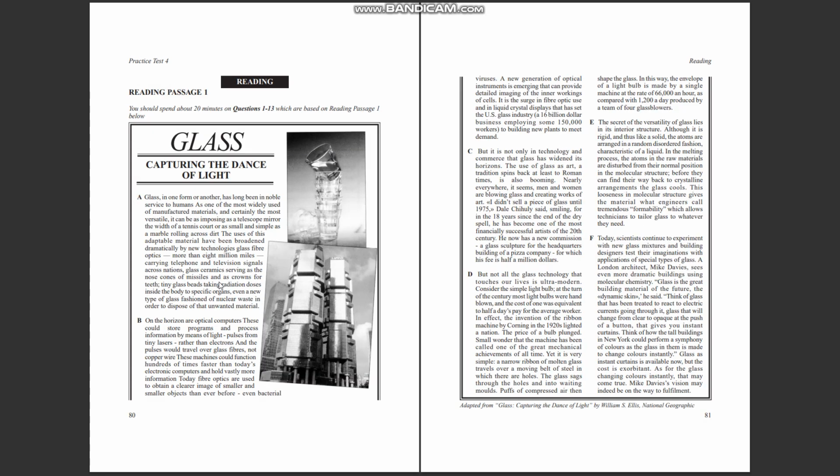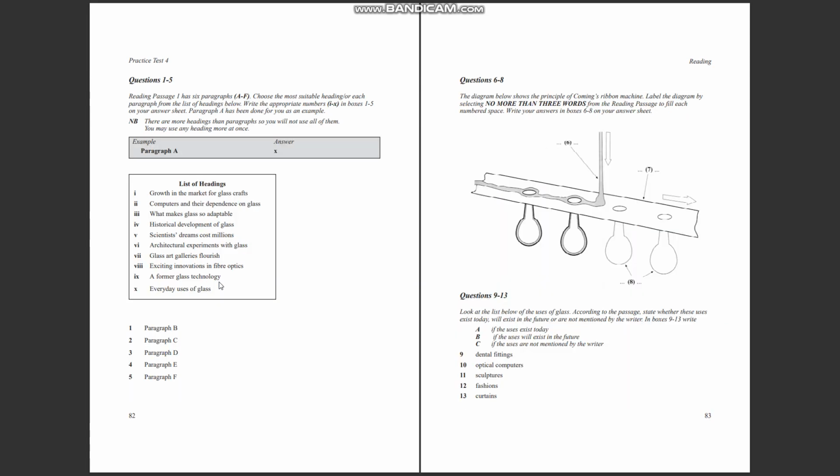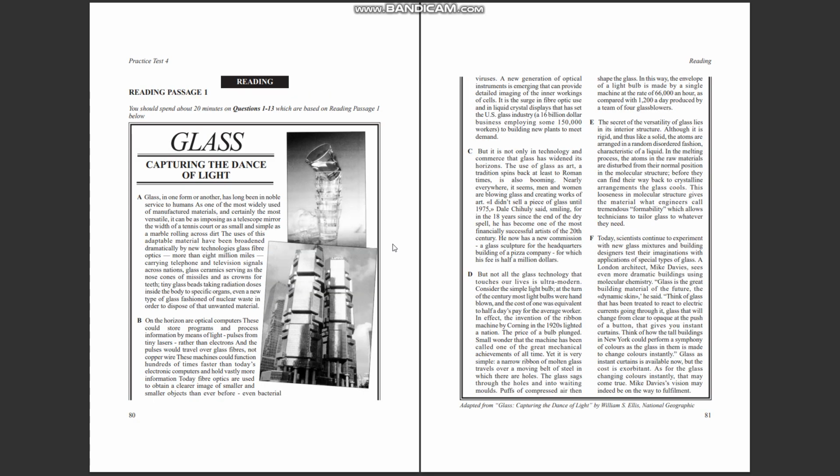So we have to carefully check the words given in the headings. So if I look at this one, historical development of glass, it's not about any historical development. It's only about one invention, one idea, one technology that was used in the 1920s, and then later